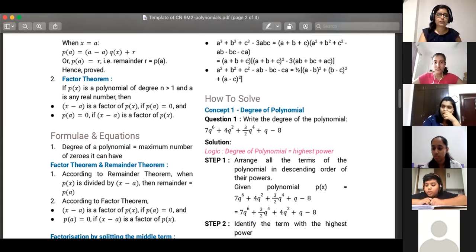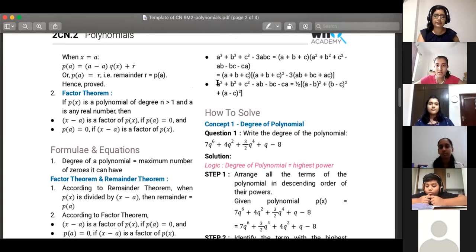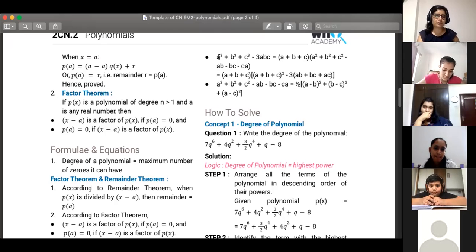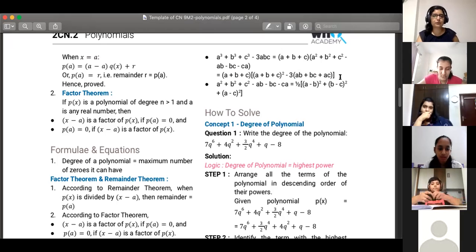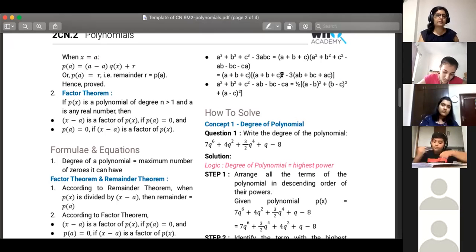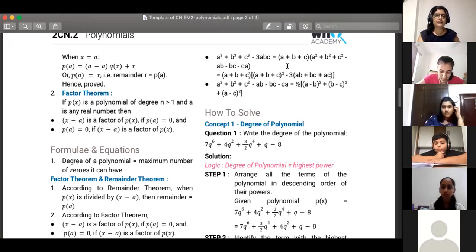Okay, so we're done with all of the identities. Last two identities are there. In दोनों में से this one you will rarely ever use. I have not come across so many problems, maybe one or two problems using this identity. But this one you get a lot of questions based on a variation of this identity. So note this down in your book. 9 तक वहां पे हो गया ना? So identity number 10, note this down. Once you're done noting this down, I'll give you a variation of this.